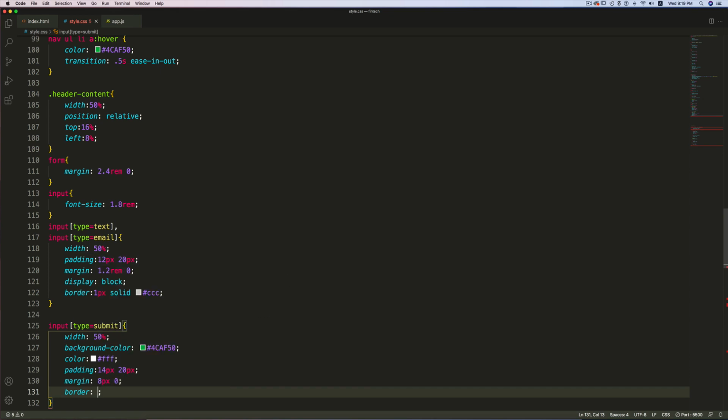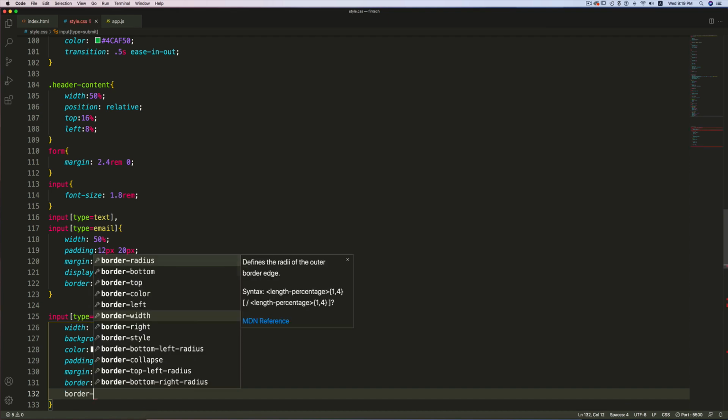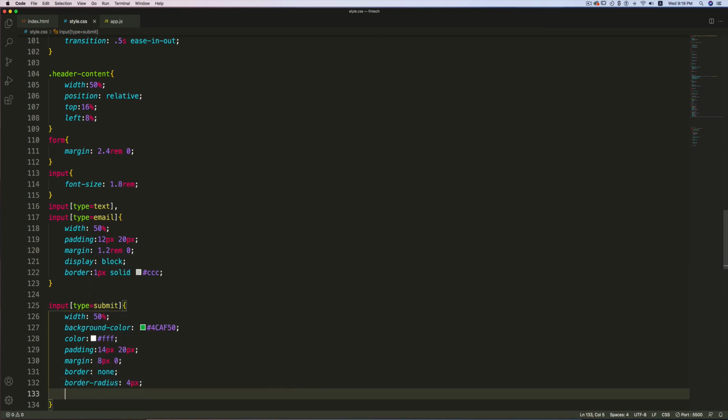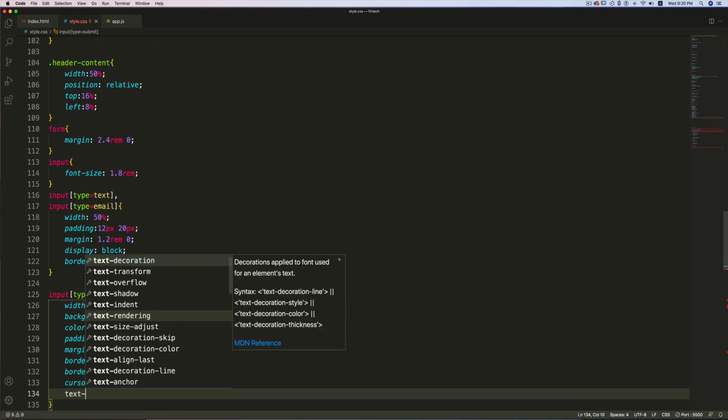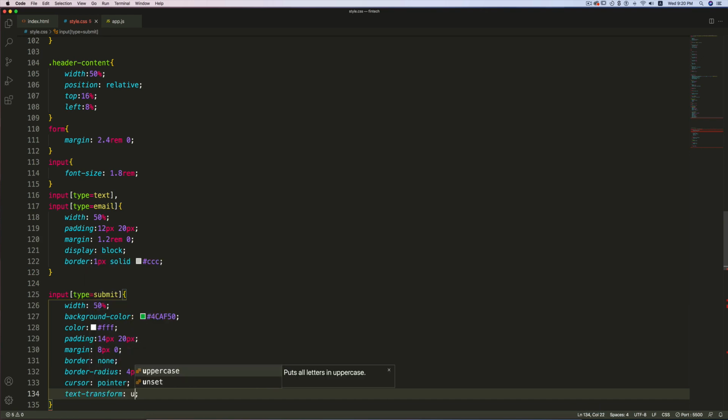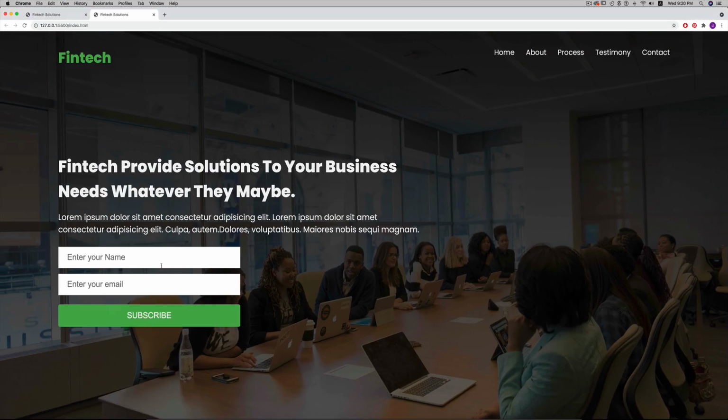I'm going to change the border to none. Border radius will be 4 pixel. Cursor is going to be pointer. So I'm going to change the text capitalization, text transform uppercase. Let's save this. So we have a subscribe button.